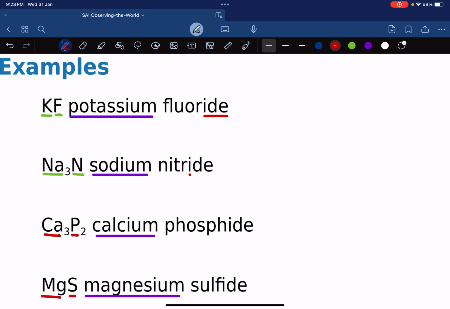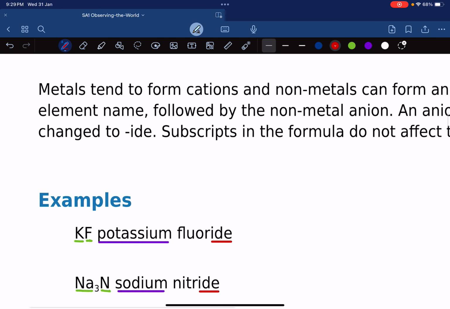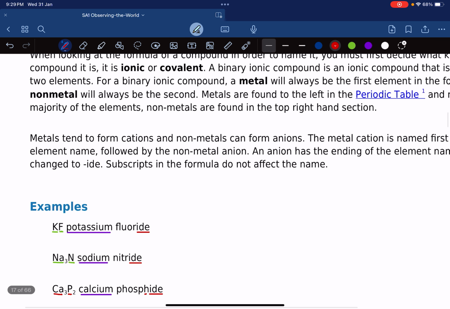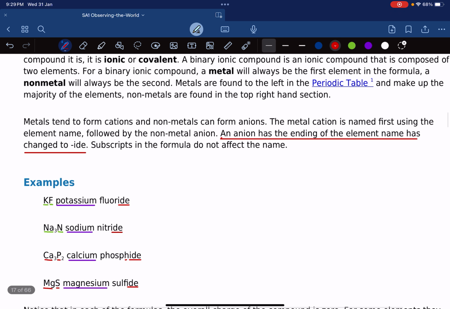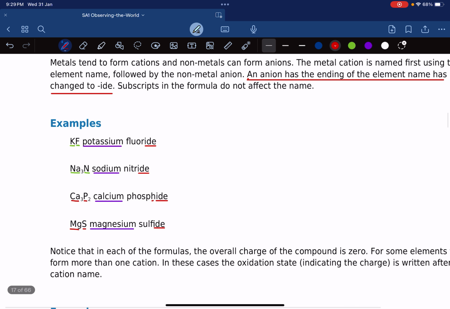Fluorine becomes fluoride, nitrogen becomes nitride, phosphorus becomes phosphide, sulfur becomes sulfide. So you keep adding this ide. Can you see here, the ending of the element name has been changed to ide. So the first word is always the name of the metal,